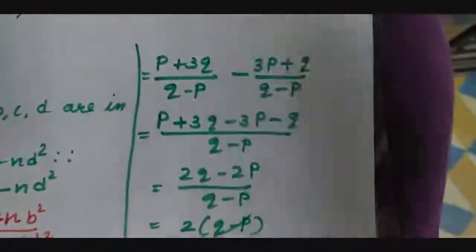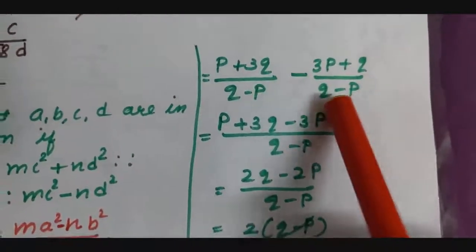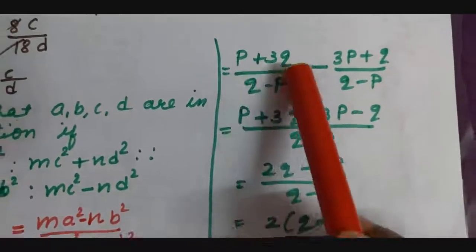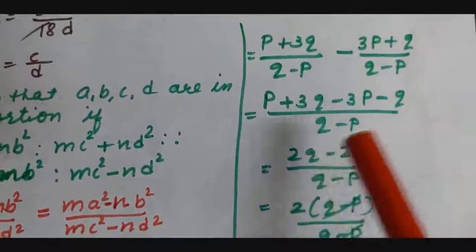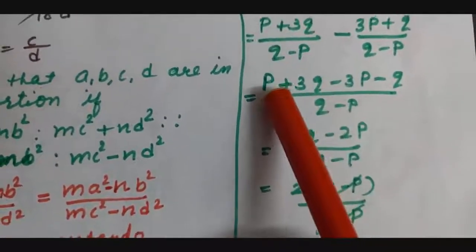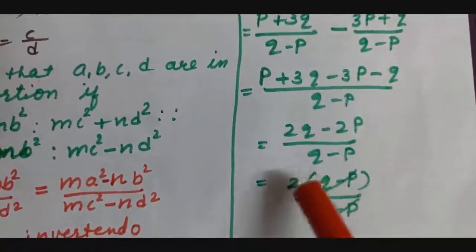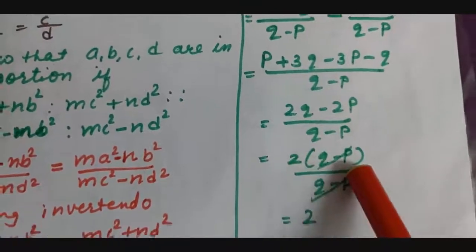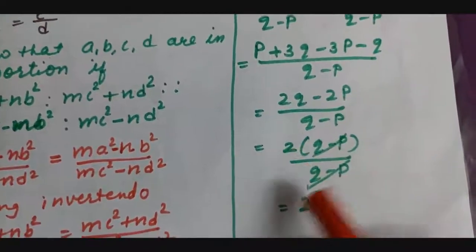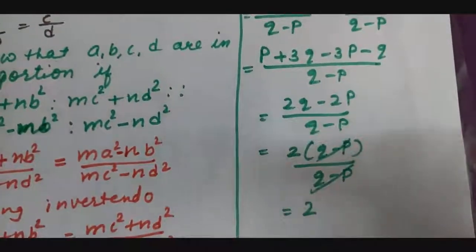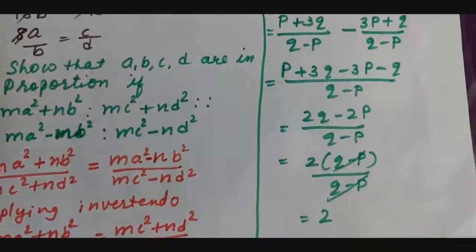Okay, so you here see, I have changed the sign and changed the denominator. So I can take p plus 3q minus 3p minus q, sign change here, same q minus p. So here 3q minus q, 2q, and minus 2p, 2 taken common, q minus p upon q minus p. This is cancelled and the result, your answer, is 2. This is your value which they asked to get. Okay, solve the rest of the questions and try to maintain your notebook.